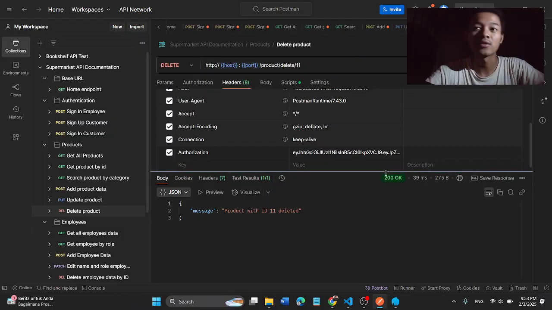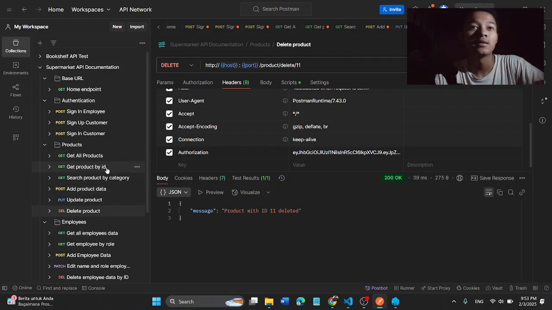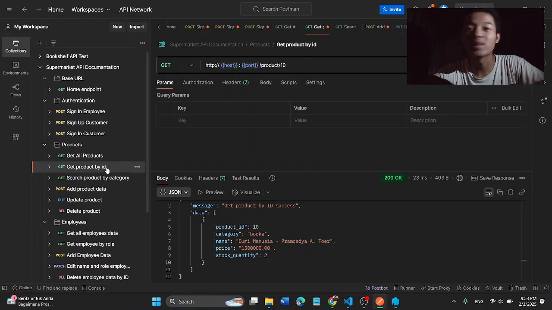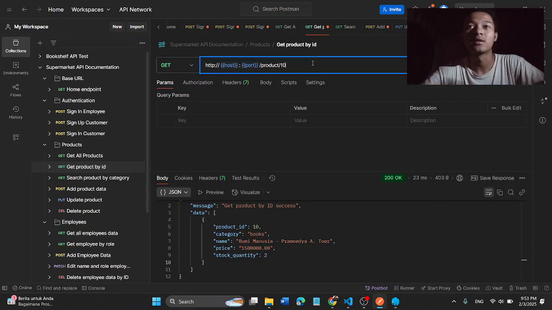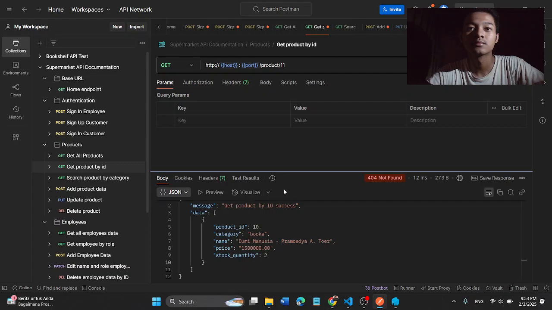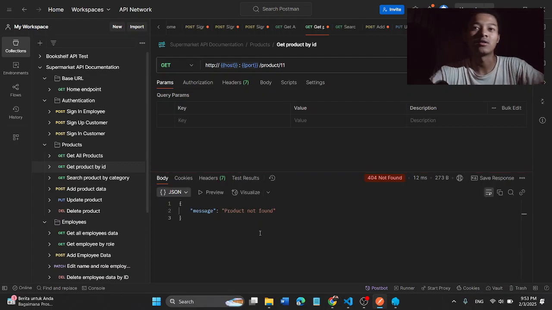Okay, the response status is 200, and this one is the response message: product with ID 11 deleted. Let's get product by ID, just to make sure whether it is really deleted or not. Let's change this to 11 and send. Okay, it shows the response message is product not found, so it's really deleted, so it works perfectly.